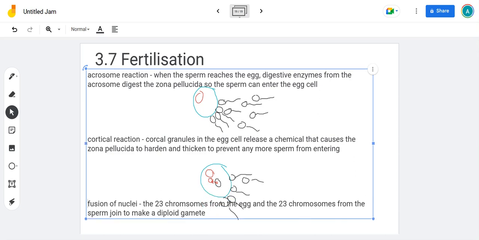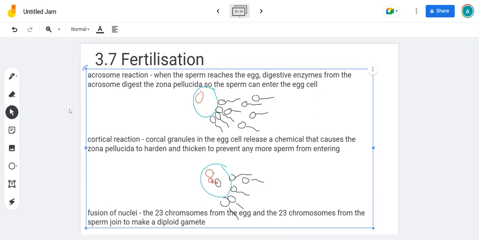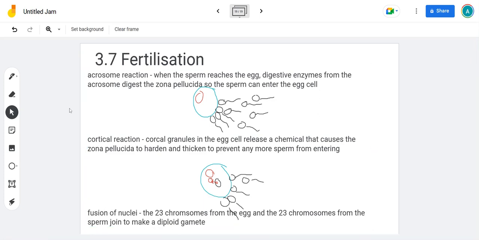Okay. So make sure when you get a fertilization question, be really, really careful that the spec asks for those 3 stages. So make sure in your description you really specify and talk in the context of those 3 stages. Okay, and that's